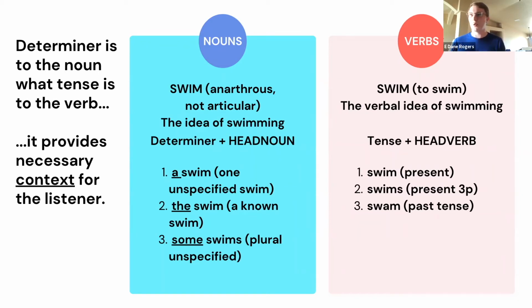Anarthrous just means no article. Articular means with an article. So those are the adjectives that we can use to talk about nouns with or without a determiner. And again, without it, it's just the idea of swimming. But if I add in a determiner here, now it means